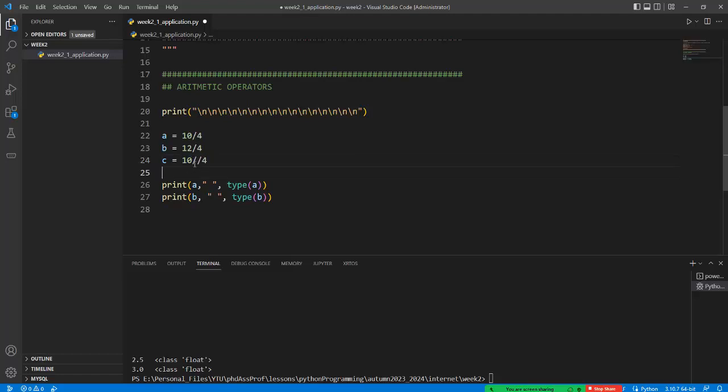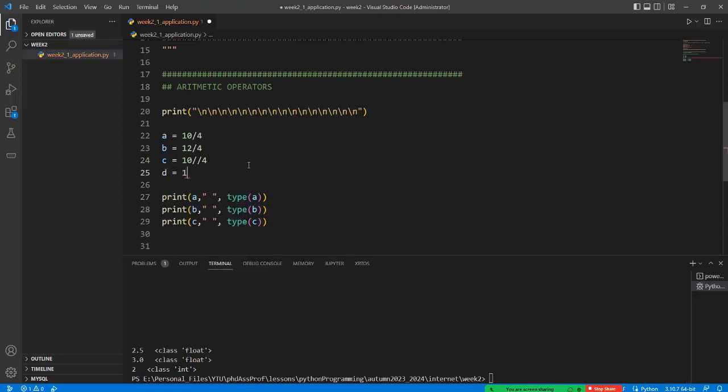Okay, and so in Python, if we want to produce an integer value as a result of the division operator in here like this one, then we can utilize the double slash in here. Okay, and so we have this information in here, and if we run this code, then it produces the integer value as the result of 10 divided by 4. Okay,